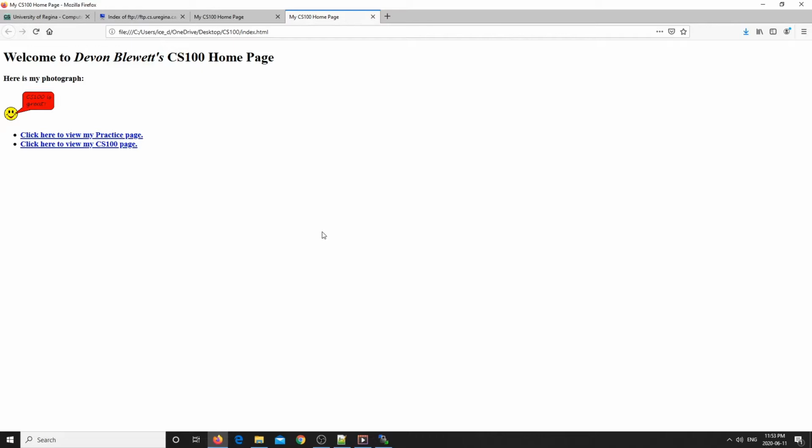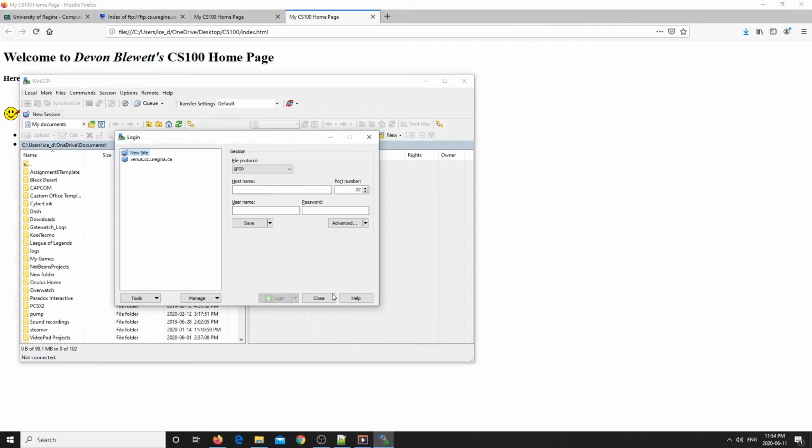The university has given each of you your own web page. To make changes to it, you'll need to use a copy program such as the one we recommend, which is free and easy to use, WinSCP. To get started with, you're going to need to click New Site and set up a Hyperion hostname, and you'll just go